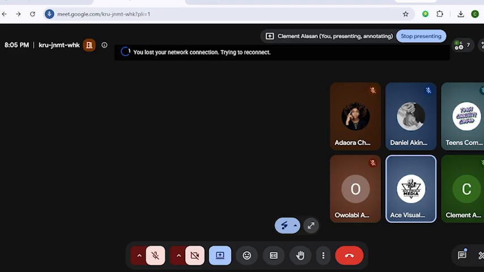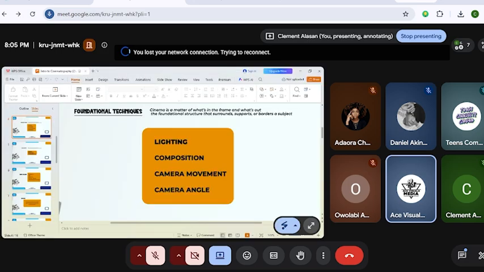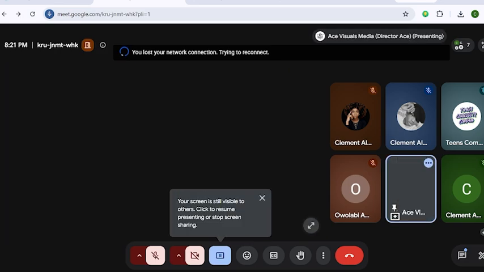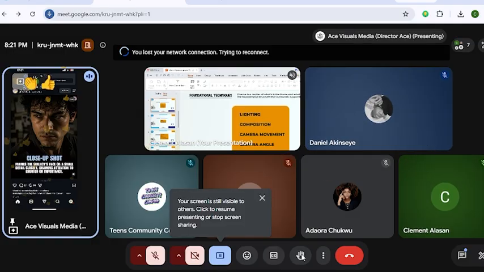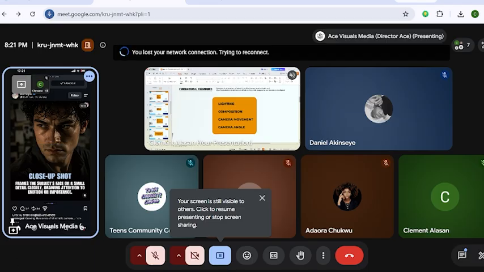So let me just quickly share my phone screen so that we can see some camera angles. I'll just mention them, talk about them a little, and we push from there. Camera angles. Okay, I'm sure everyone can see my screen. If you can see my screen, let me just see emojis. Okay, all right, I've seen our emojis, right?